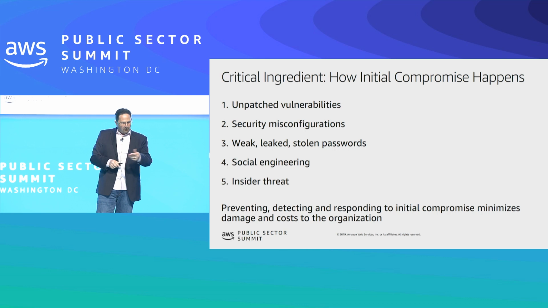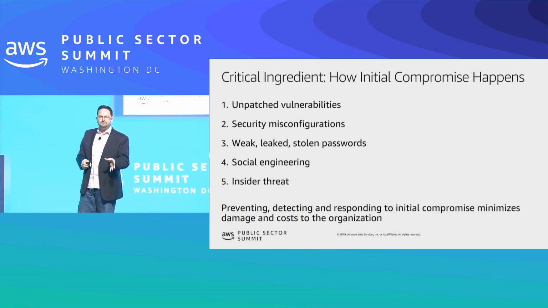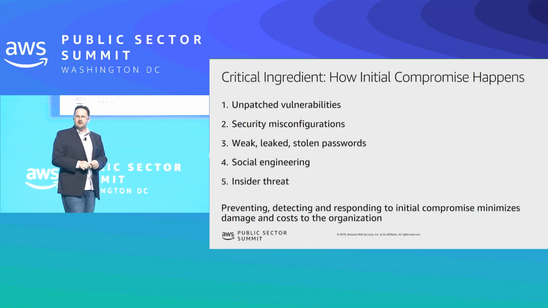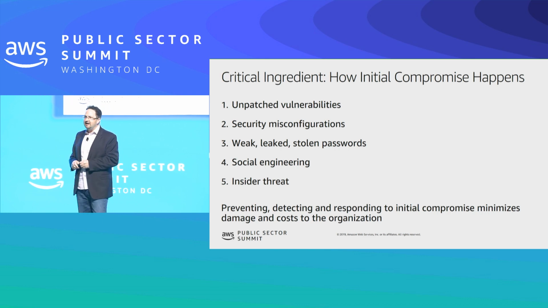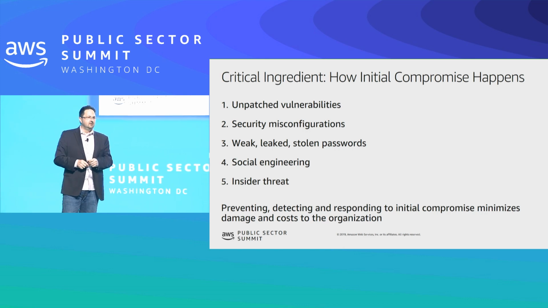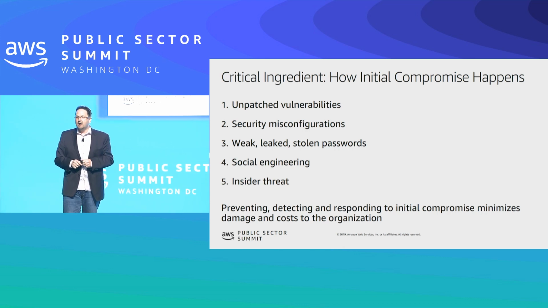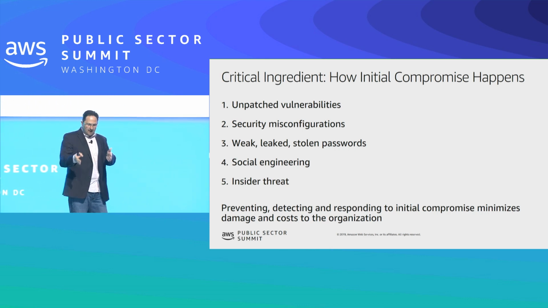compromise that environment. So unpatched vulnerabilities, security misconfigurations, this is what vulnerability management programs address. And if you look at unpatched vulnerabilities, if you're not on a vulnerability management program, I can tell you from 2016 to 2017, the number of vulnerability disclosures across the entire software industry went up over 125%. Between 2016 and 2018, it went up over 150%. So vulnerabilities are at an all-time high. There have never been more vulnerabilities in the history of the National Vulnerability Database since 1999. So this stuff's super important.